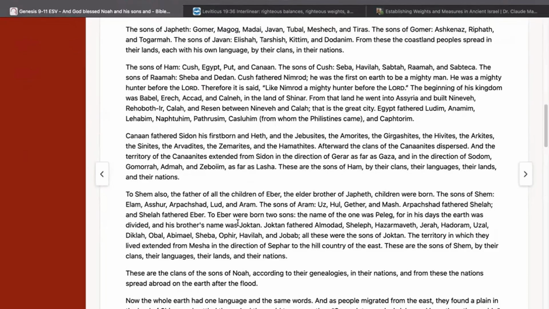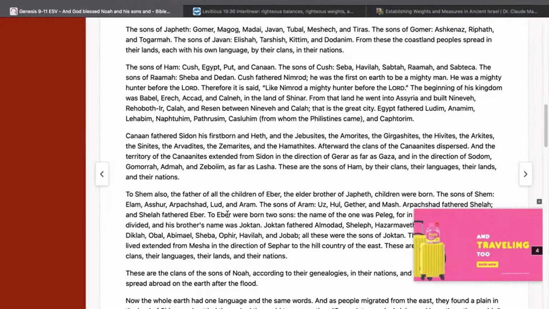We just have to learn to be able to read them, take our time, slow it down a little bit, maybe spend a day or two just looking at the genealogy, write it out, see where it takes a pause, see what stands out, see where there's deviation from the formula, and then that might tell you something important's happening. So yeah, pretty cool there. All right, let's head back.